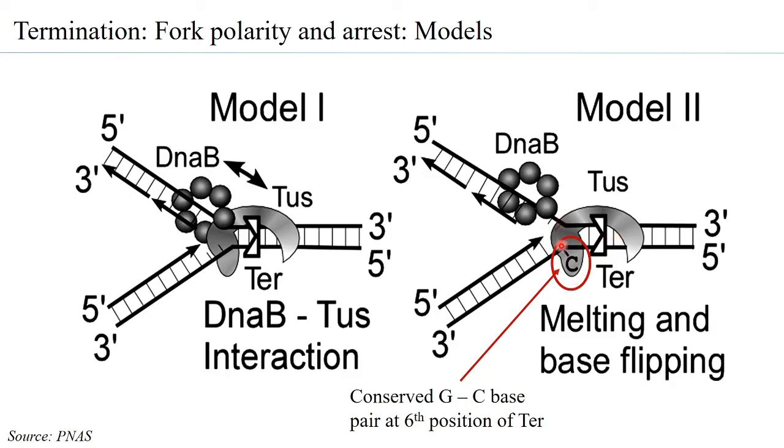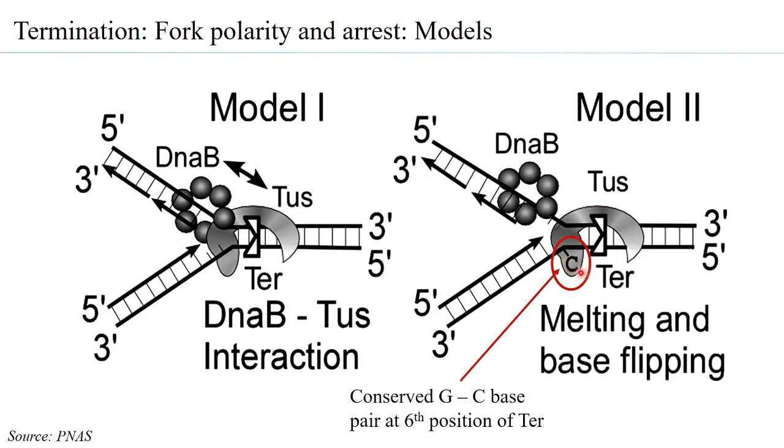But when the sixth base pair unwinds, the C is flipped out by the TUS, okay, and the flipped C is pocketed by the TUS. So there are amino acids present in the TUS that can bind to this flipped C. So the eventuality of this is that the TUS binds to the TER more strongly, or with greater affinity, once it binds to the